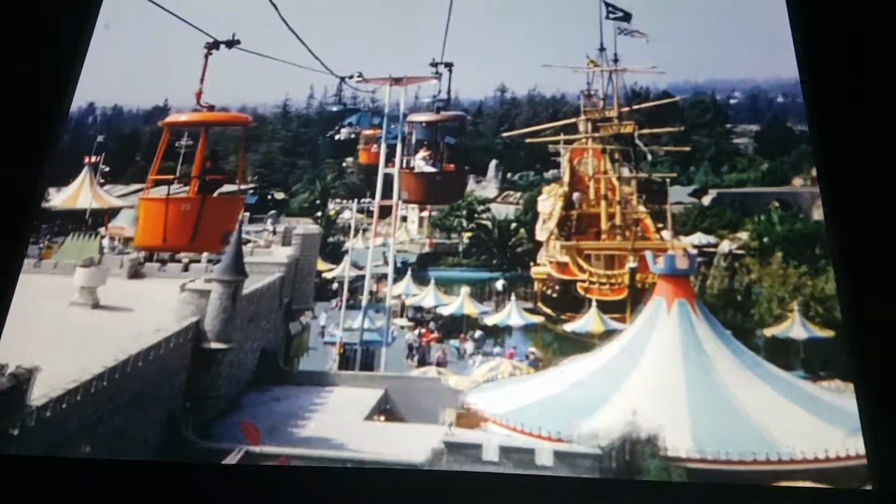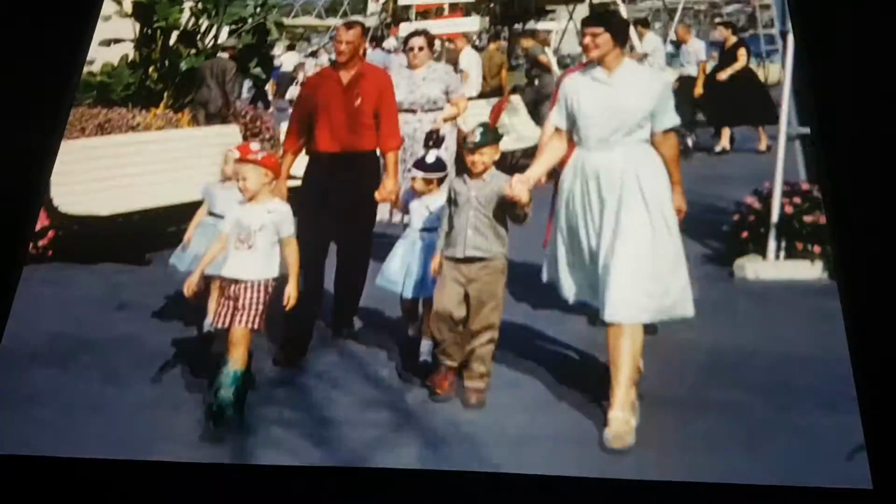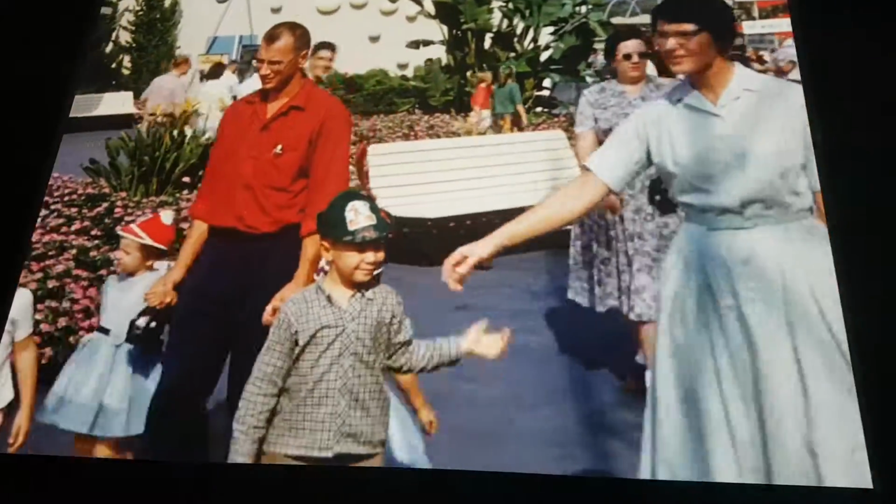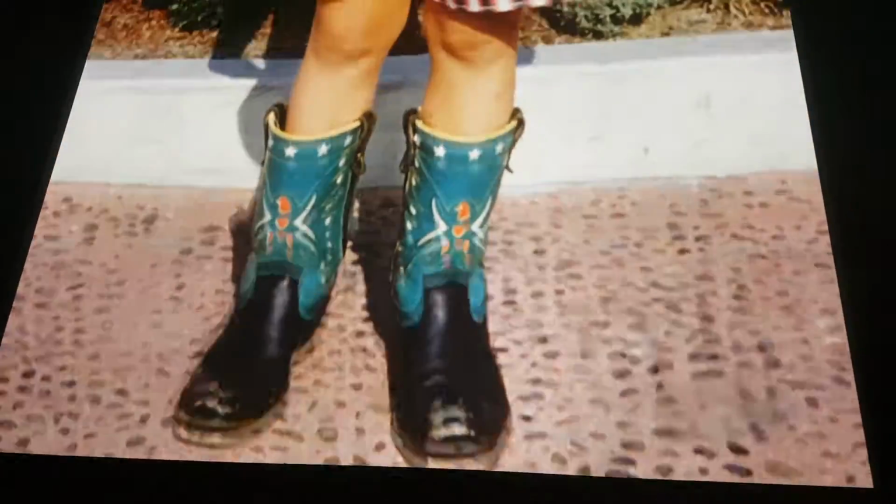Here we have a really great shot of Fantasyland with the submarine ride, which came in, and the Matterhorn came in 1959 with a huge addition to the park. And the monorail system as well. And of course, each kid got their own hat, their own choice of hat. So here we have